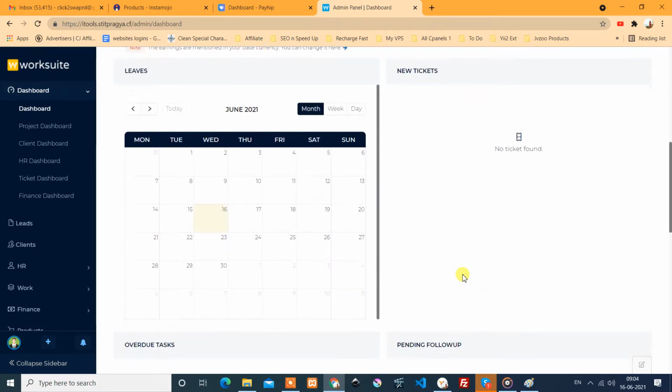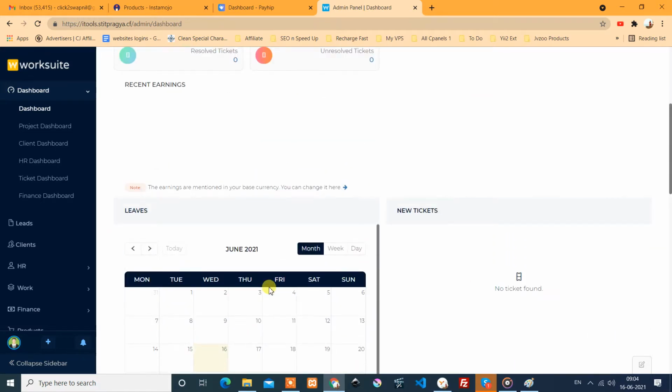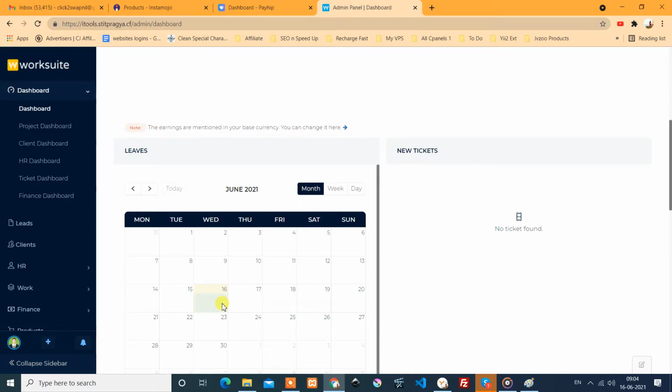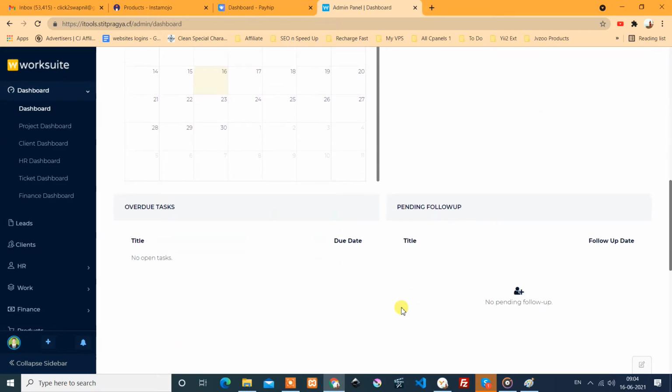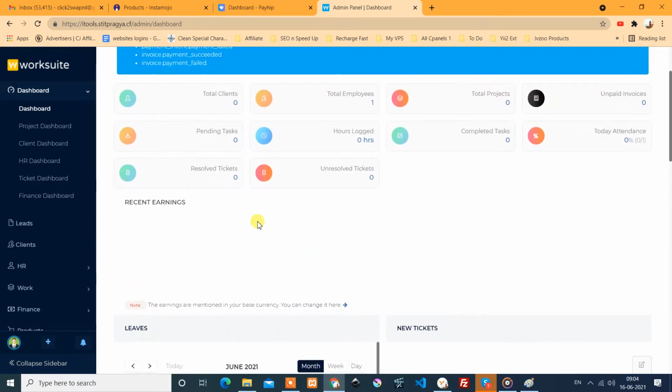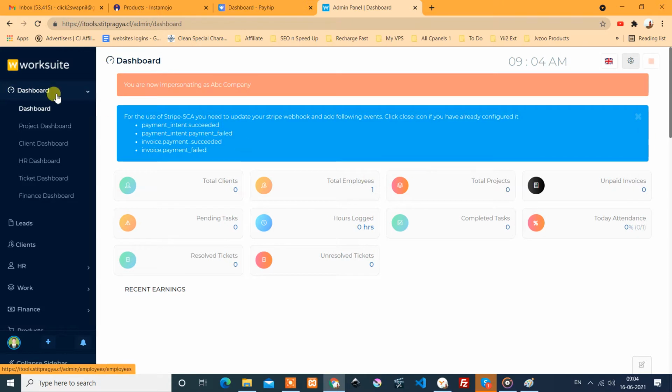Okay, here is the calendar. So if we click on the calendar, nothing. Okay, so this is the dashboard. Then we go to the project dashboard.